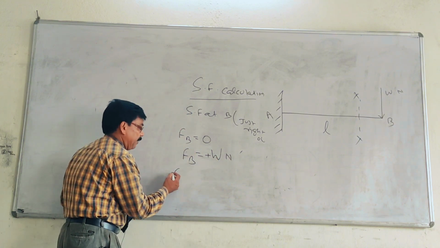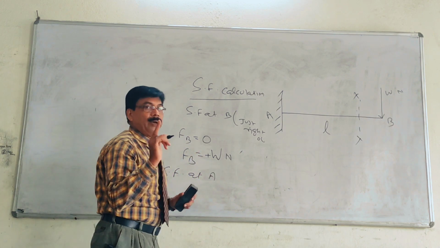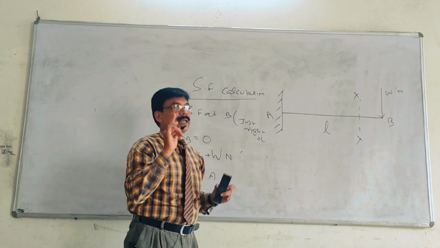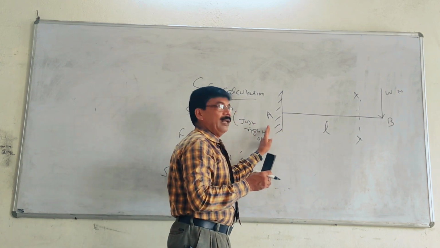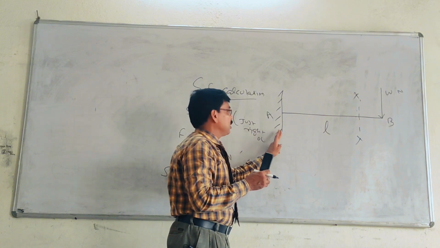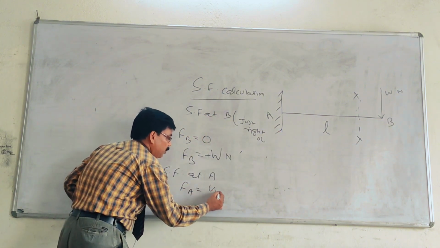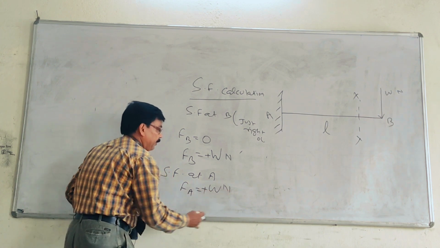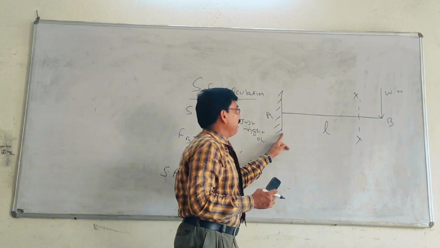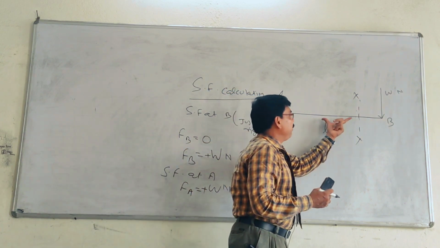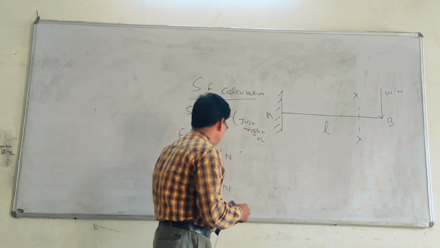Next, shear force at A. A is the fixed point, where we will calculate shear force only at A. Not right or left, only A. A is the fixed point; beyond A we will not be able to come. So shear force at A, the last point, FA, the value will be the same, W Newton, and positive, because our section is now arriving at A and the complete beam will come down. Complete beam coming down means the right of the section comes down.